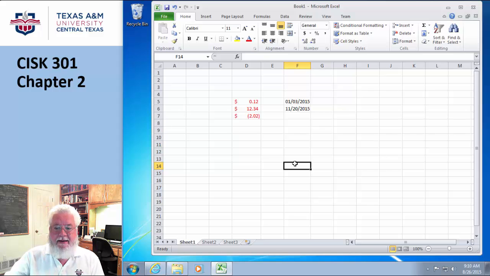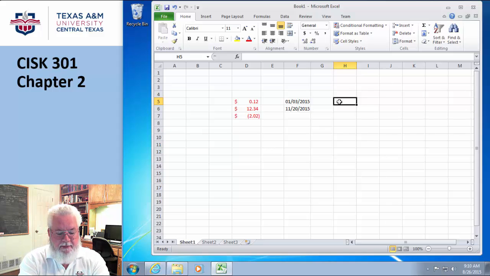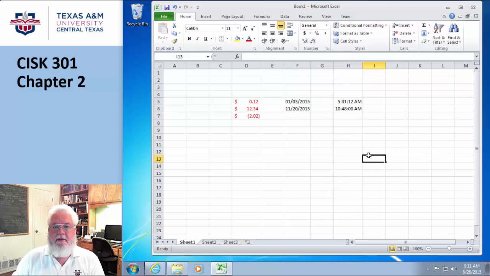All right. Time. Time behind the scenes is a very unusual kind of thing because behind the scenes it's stored as a decimal number. So for example, if I go in here and say, I don't know, 0.23 and 0.45, okay. And then I'll light these guys up and go here to the time format, like